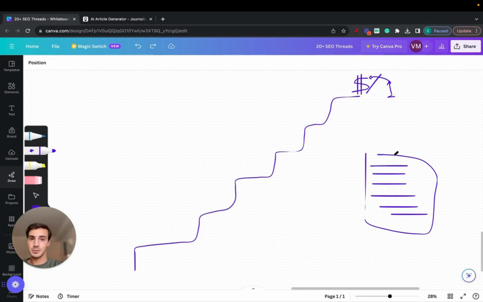Of course, for some search results, there's only video, right? Because, how to tie a tie? You don't want to read a blog post on how to tie a tie. You want to watch a video, because they'll show you exactly how to do it. Or how high is the Eiffel Tower? There's no need for a super detailed blog post on how high is the Eiffel Tower. They just give you the answer right off the bat. Or a calculator, right? All these, they call them position 0 searches, the things that appear up top in a box on Google, are and have been stealing traffic away from sites for ages now.